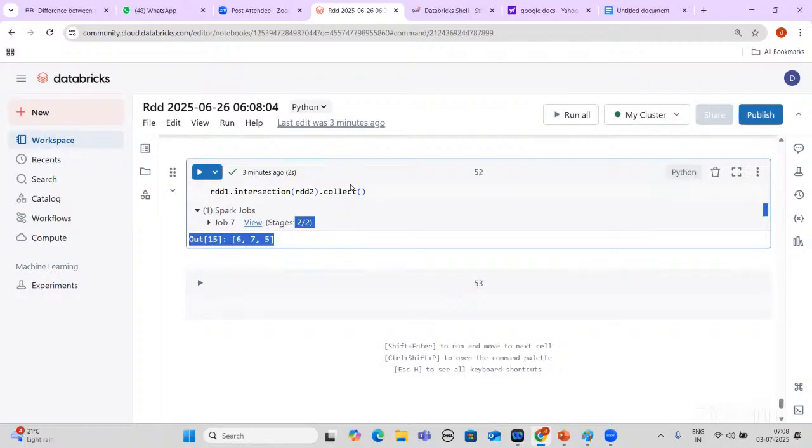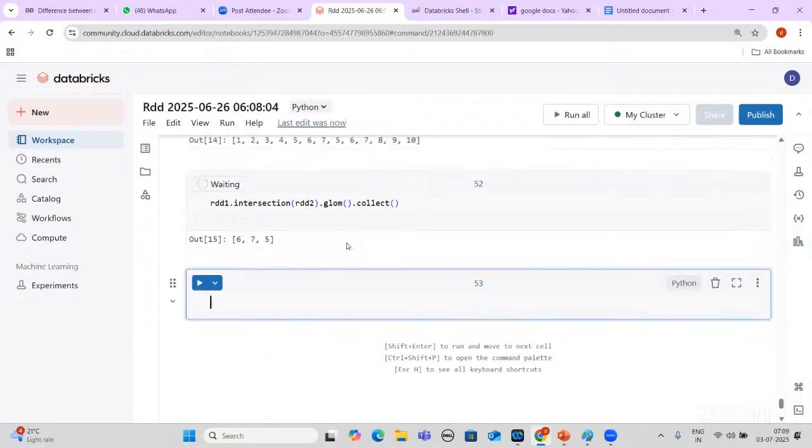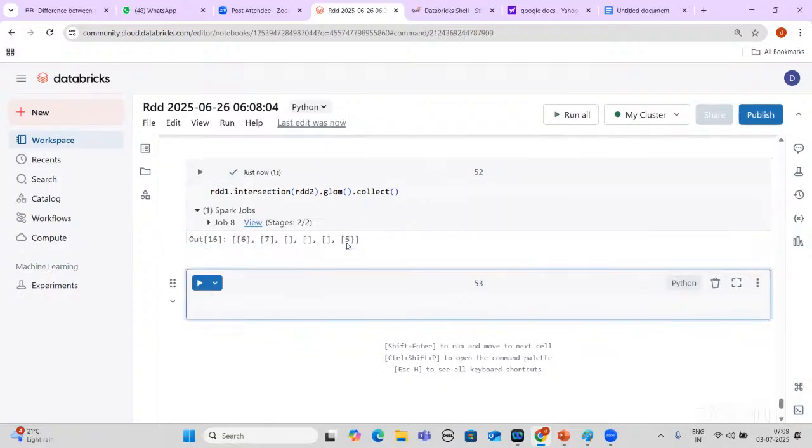Let's try to do this with glom, then we can understand how it is separating. One, two, three, four, five, 6, total 6 partitions.